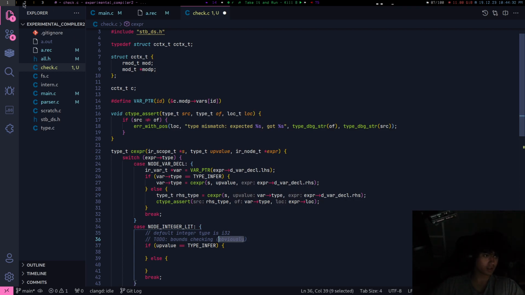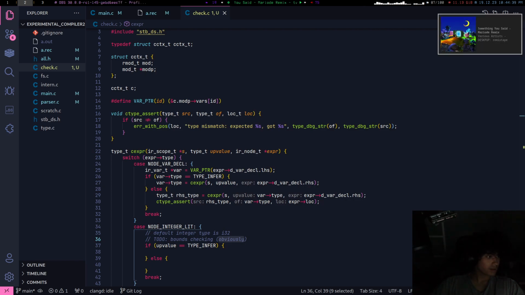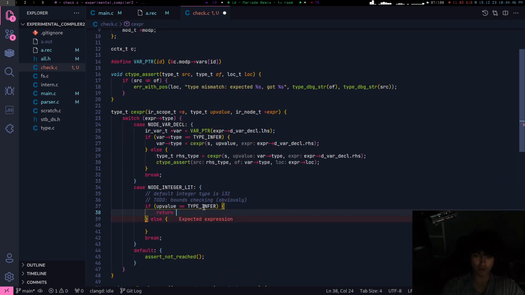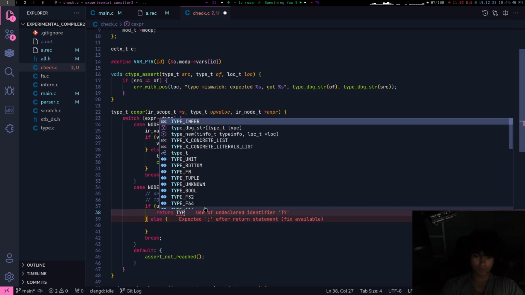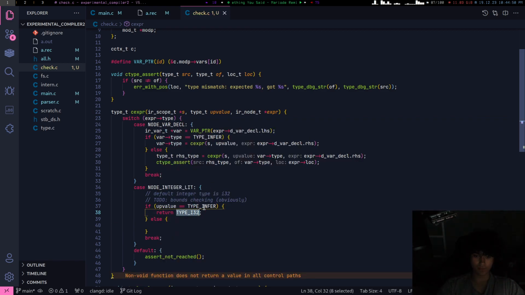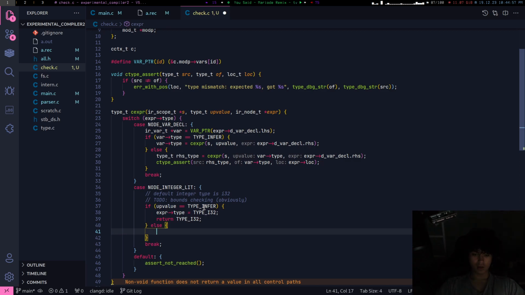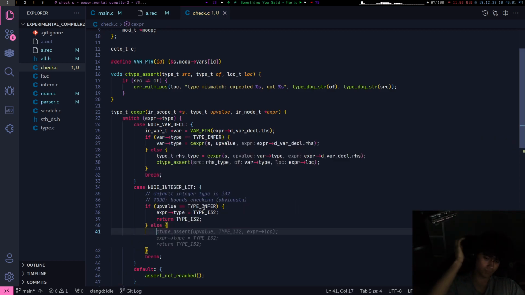Is that spelled correctly? I hope it is. That's how you spell it. Okay, I'm glad. Bounds checking. Now just type infer return type. Yep, and then expr.type equals I32. Else, that means upvalue is right.